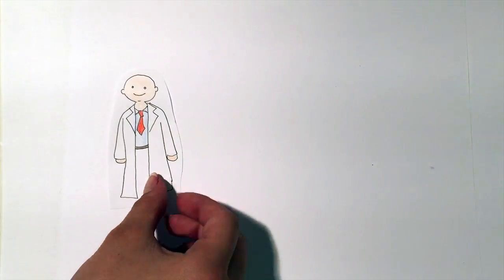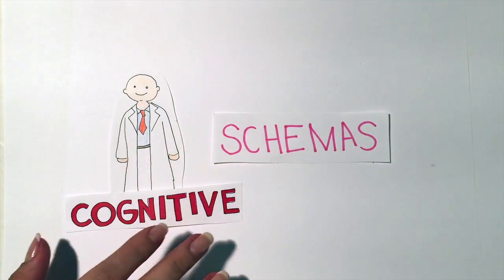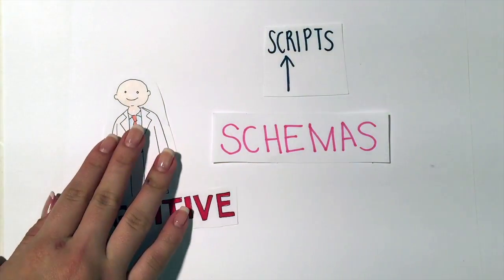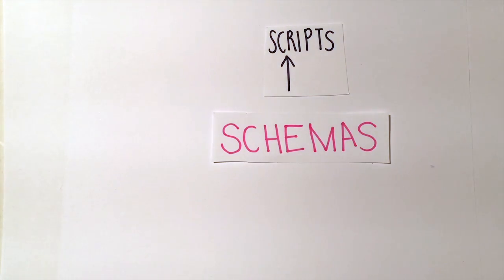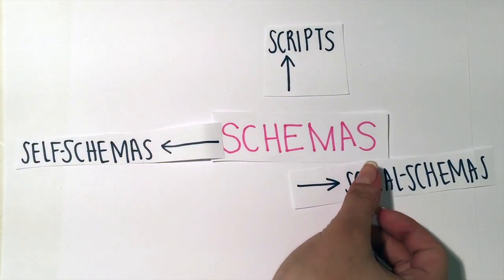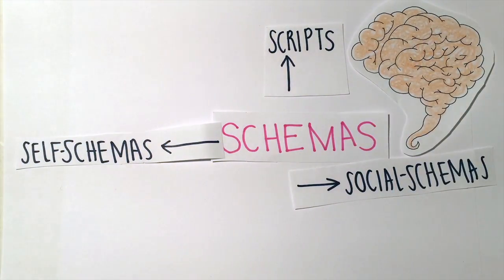Secondly, cognitive psychologists stood behind the idea that mental representations guided behavior. They thought that reality was always interpreted through cognitive mediators that hindered the process of input to output. This went along with the schema theory, a cognitive structure that provided an idea as to how information was organized and clustered. According to this model, we divide knowledge into three categories: scripts, self, and social schemas. These aspects allow for information processing efficiency as well as regulating behavior and our responses. Yet they can also lead to distortions when the wrong schemas become activated.